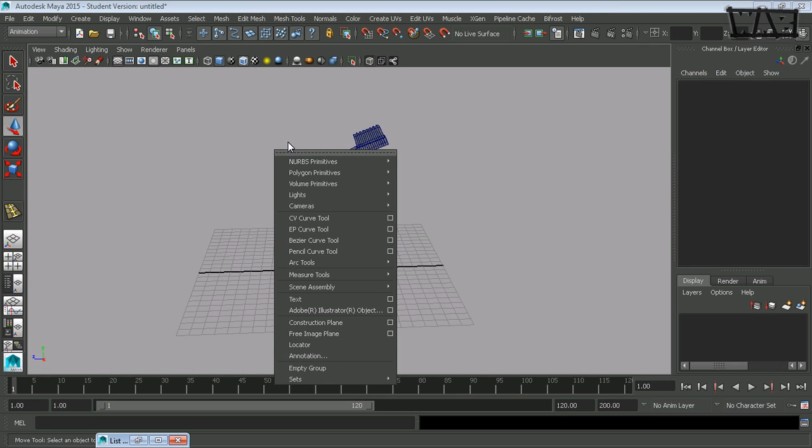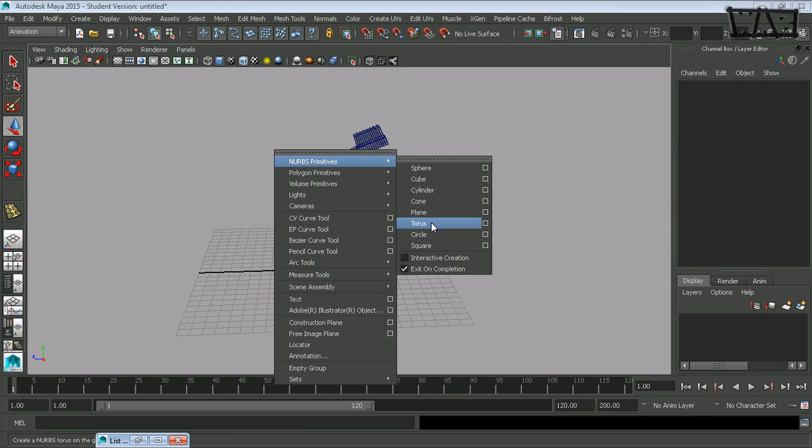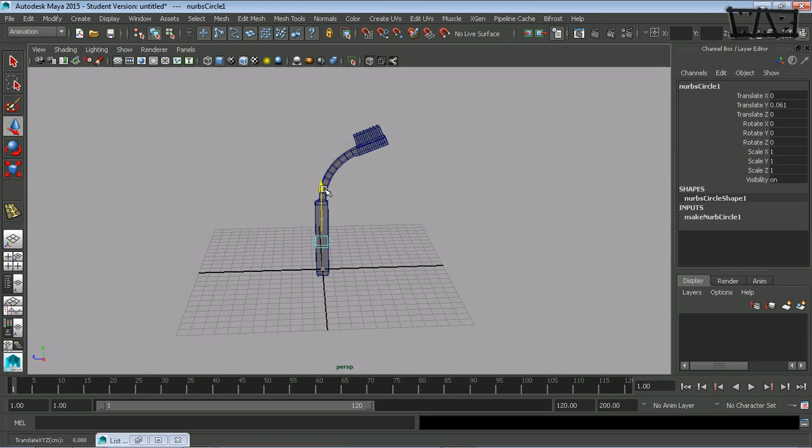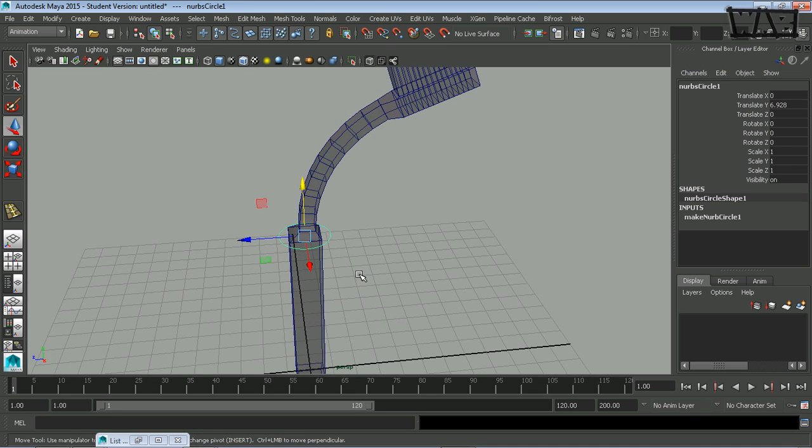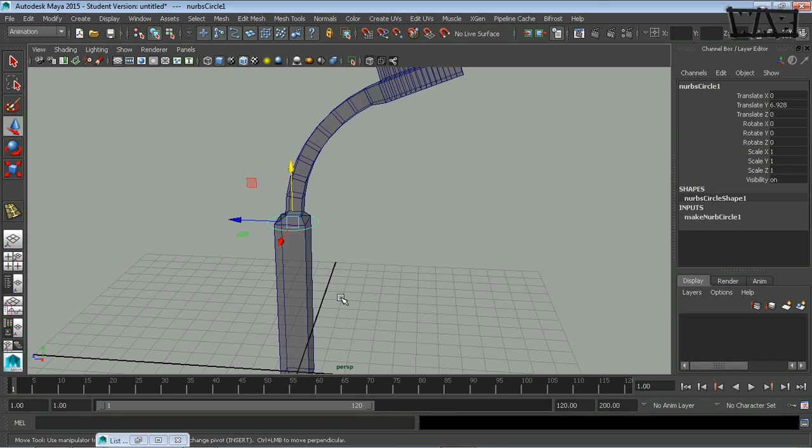So what I like to use are NURBS primitives circles for the most part. I'm going to put that up where I want it to be. And then I need to rename it. I'm going to call it toothbrush control. And I shorten control to CTRL. And I need to delete history on that. I need to freeze transformations on